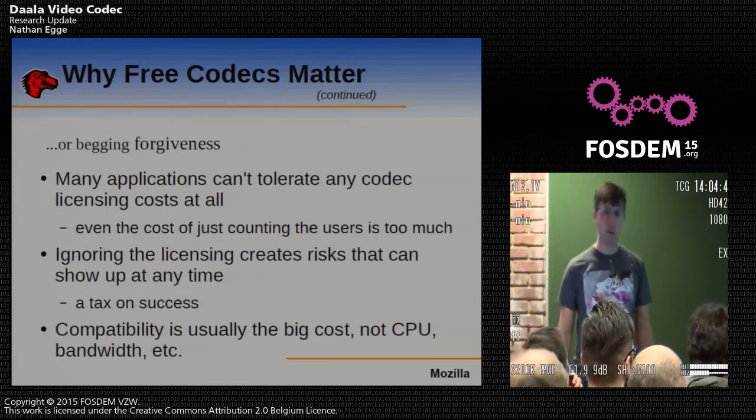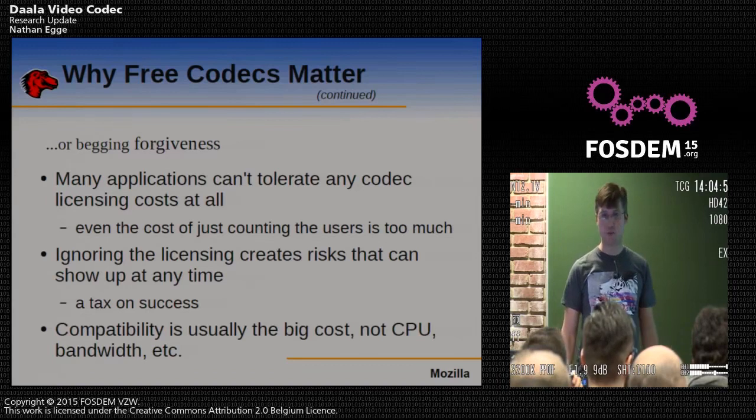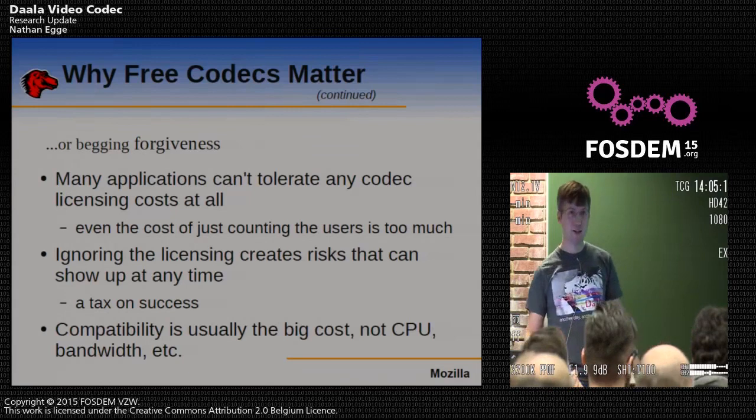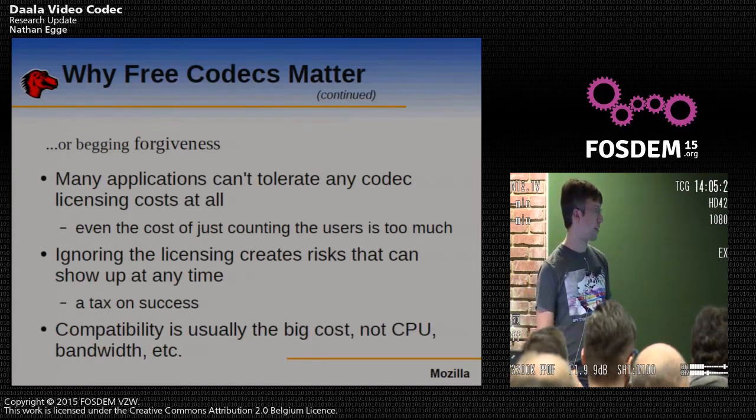I work at Mozilla, and we ship a web browser you might have heard of. We do this through a volunteer network. For many distros, we do this through a volunteer network of distributors, people who run FTP sites, who host the source code, or who host binaries. If you're a small open source project and you're using a codec and distributing in the same fashion, we all have the same problem. We can't count how many people are using our products. For many of these licenses, there's a per user cost, and even keeping track of the number of users is burdensome, and you can't possibly even begin to pay that license cost.